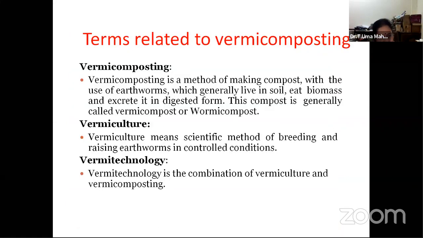Now when we talk about vermicompost, you may have a doubt: madam, only vermicompost has to be produced, or what do we have to do? Here we have two or three options. Number one is vermicomposting, which I have already explained. Next is vermiculture. If anybody wants to start vermicomposting, we need the base material, the waste, which we already have. But where do we get the earthworms?